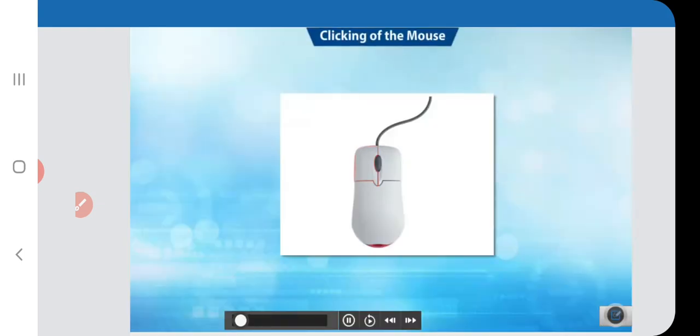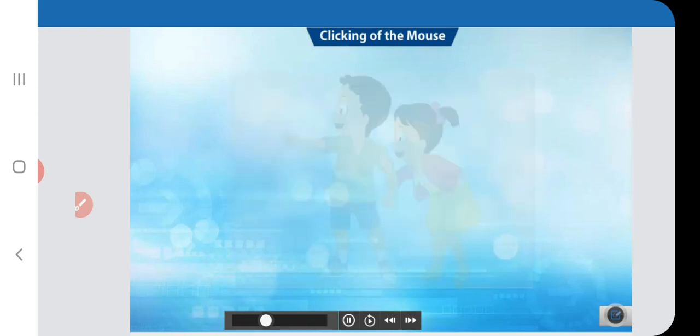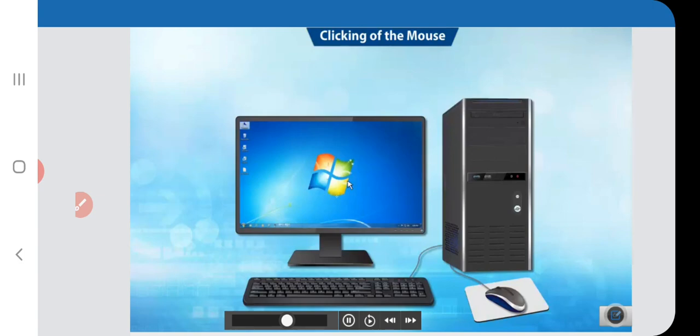While pressing and releasing the buttons of the mouse, it makes a click sound. This is known as clicking of the mouse. Just as we use our index finger to point at someone or an object, we use the mouse to point at objects shown on the monitor.